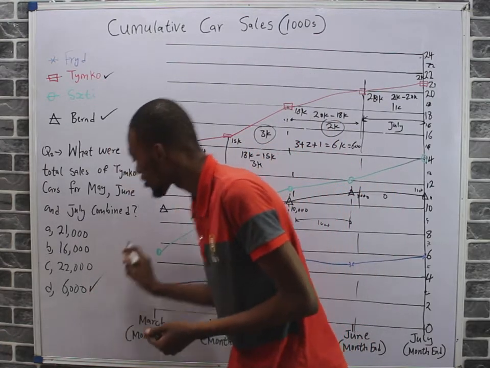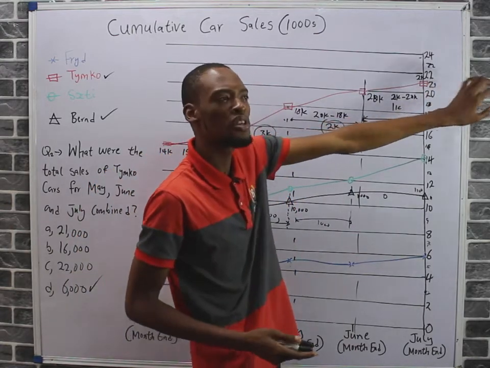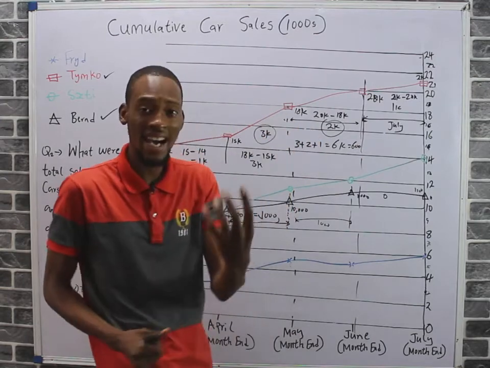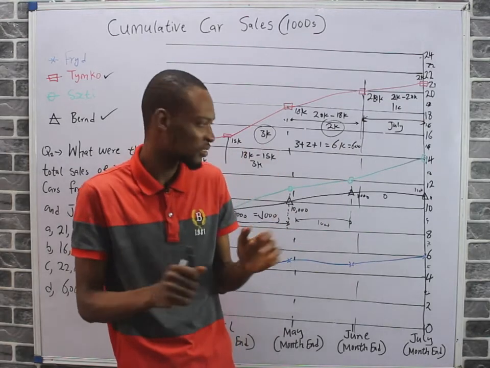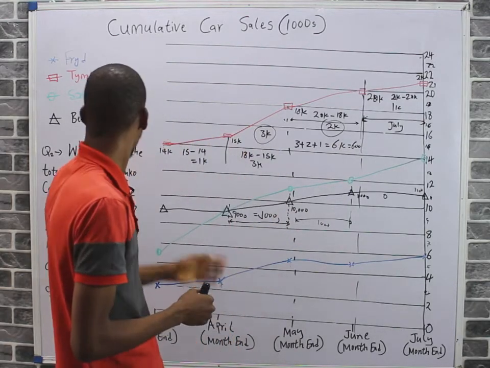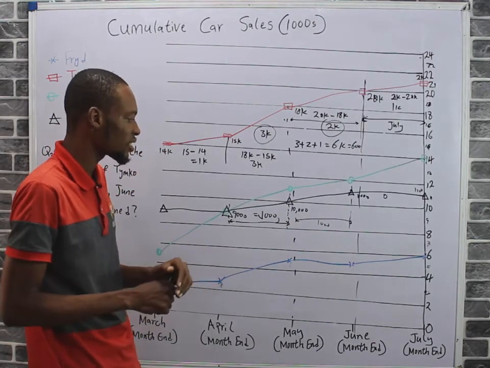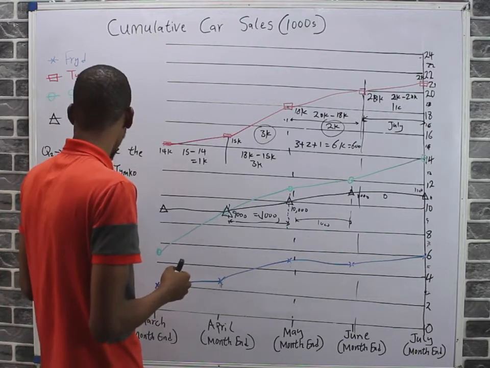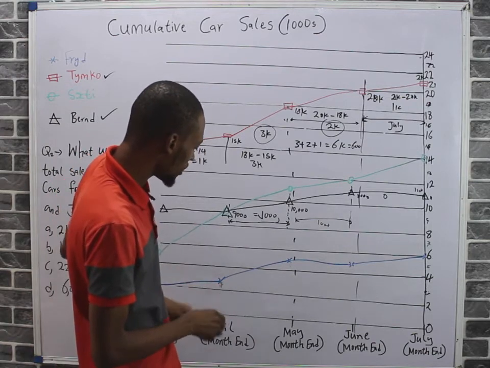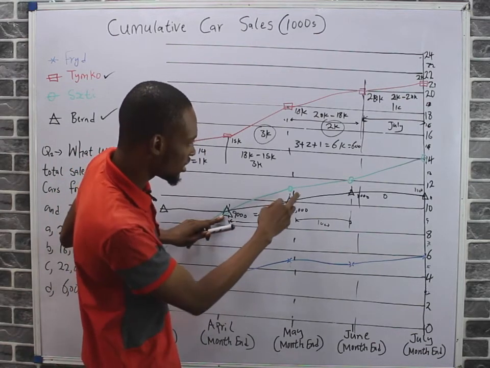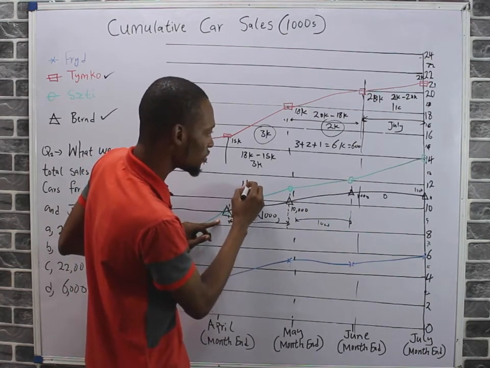Option D is correct. If you say 21,000, you are wrong because 21,000 is the number of cars sold from the beginning to the end of tracking, the total number. If they had asked us, green represents 60 cars, how much did 60 cars sell or make between May, June, and July, everything combined, it will simply be, in May, this is 9,000 and this is 11,000. So this means in May, they made 11k minus